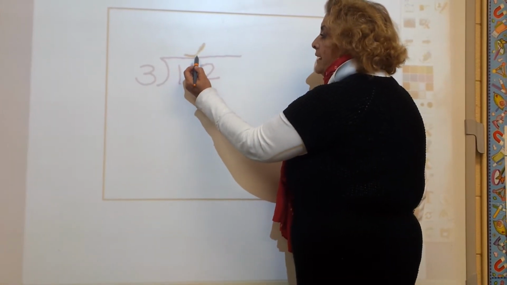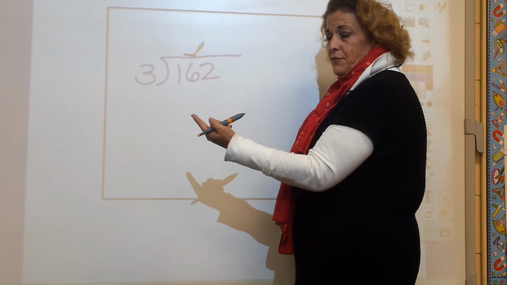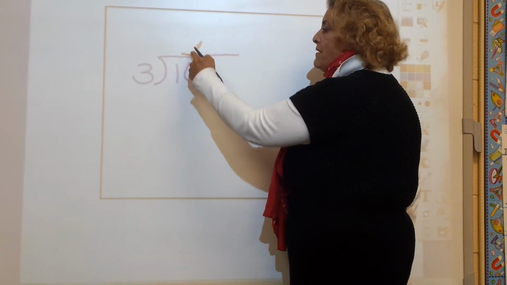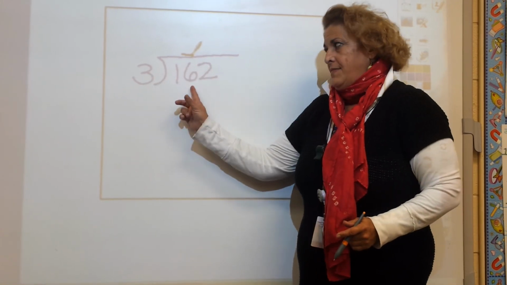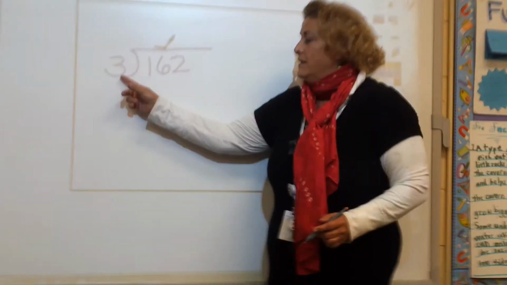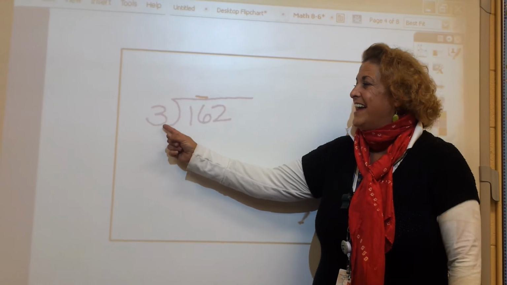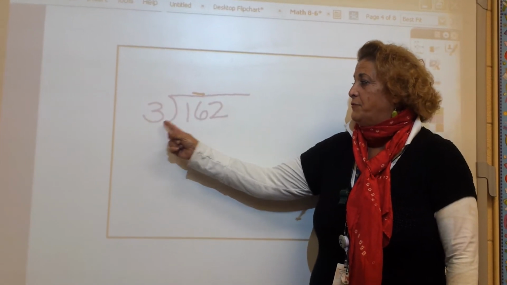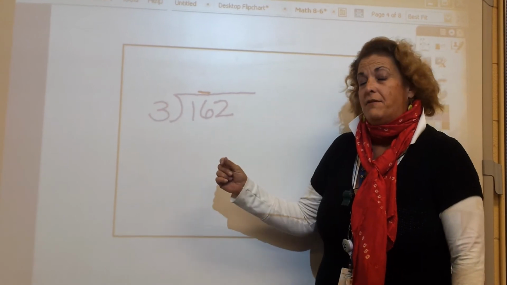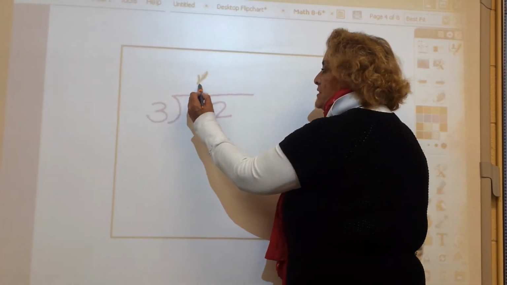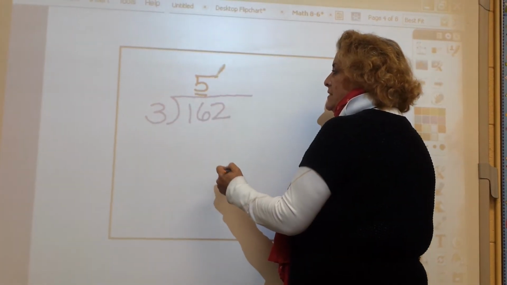my answer is going to go, the first digit of my answer is going to go above the 6 in the dividend. All right, I'm going to ask myself how many groups of 3 I can make out of 16. I can make about 5 groups out of that. I'm going to put the 5 in the quotient, and